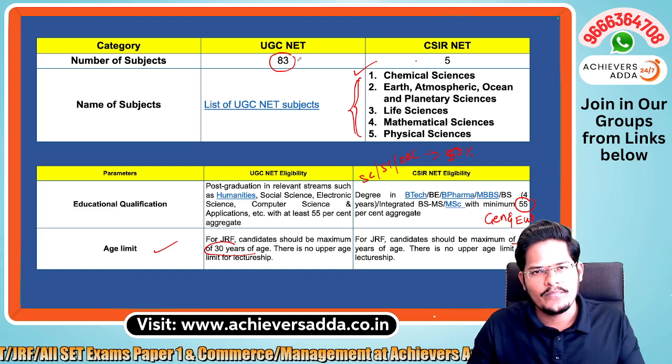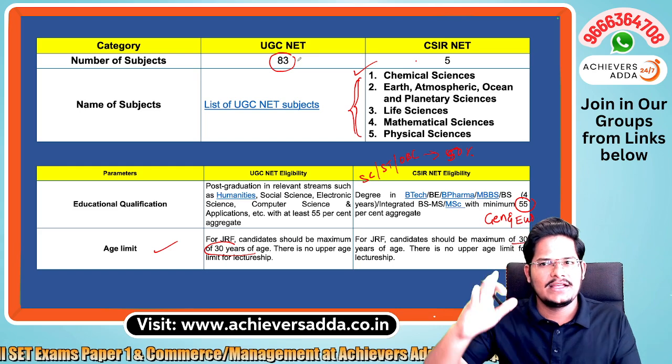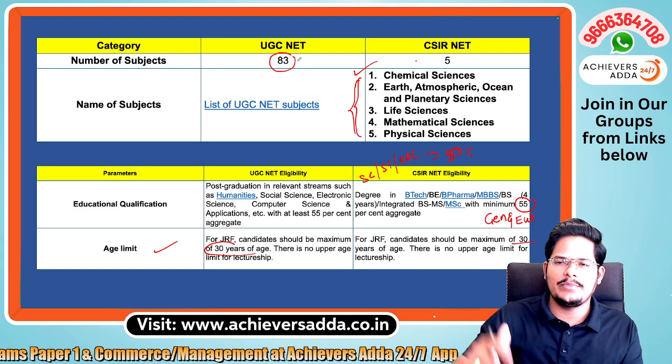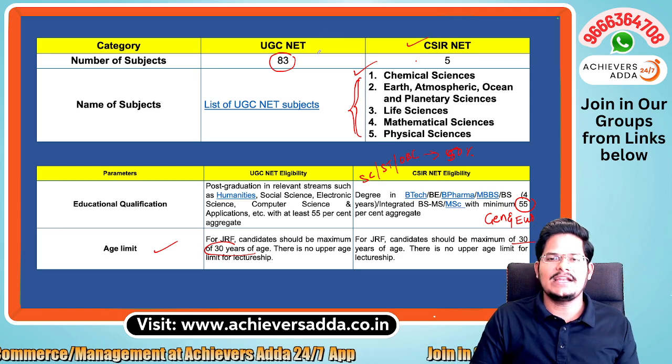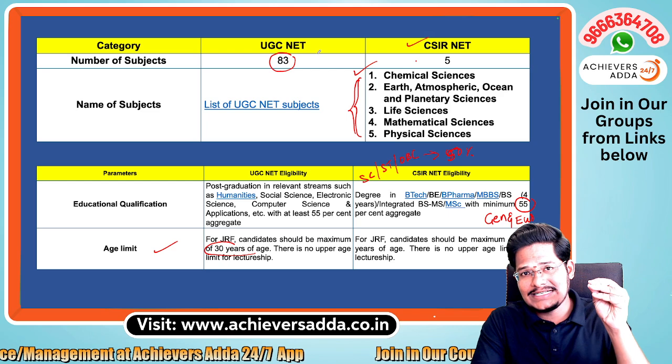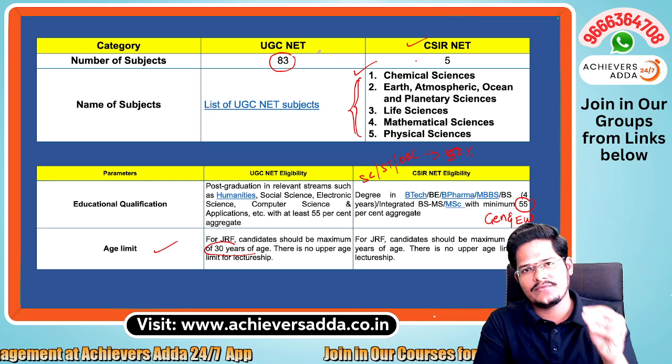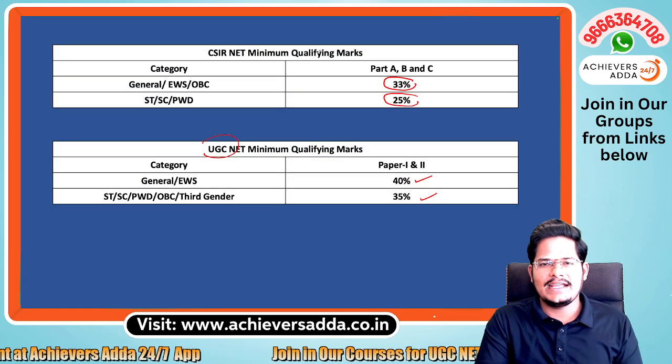No, no, no. Both syllabi are different. There, quantitative aptitude and reasoning will be there in the CSIR NET in paper 1, part A. Whereas in UGC NET, teaching and research aptitude, total 10 units are there, with 5 questions from each unit. So that's the clarity I wanted to give.